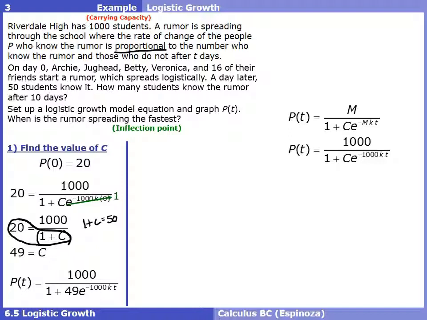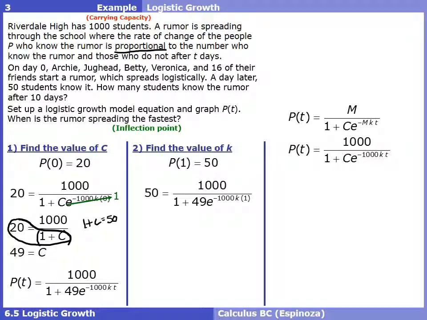So how are we going to find the value of k? Well, they give us one other piece of information. They say after 1 day, 50 students know the rumor. So we can use that data point just like we did with our exponential growth model equations and use that to find k. So if we plug in 1 for time and set our equation equal to 50, we can now solve this